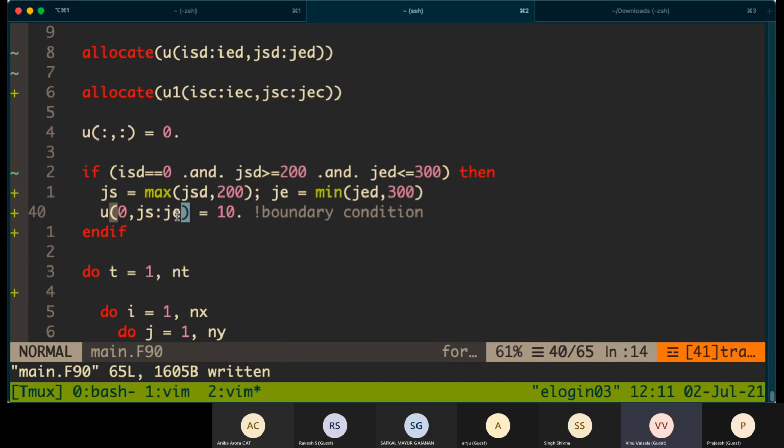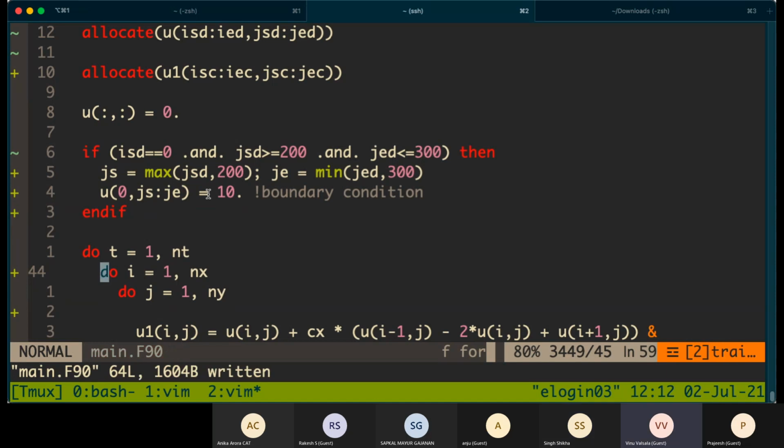It need not be inside the loop, because all the computation happens only for the compute domain, which starts from ISC, which is actually 1. This is at the leftmost boundary, so that is never touched. This is the boundary condition and is never updated.